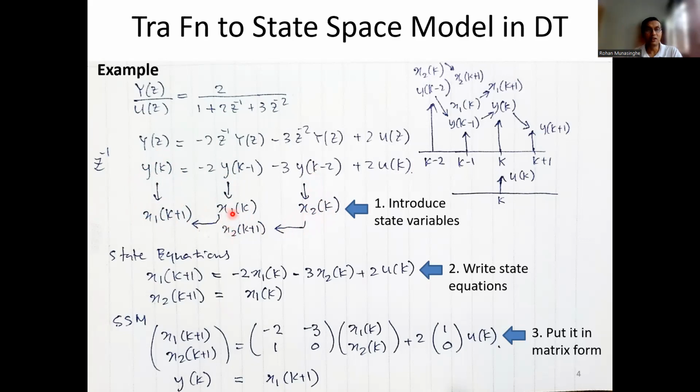So x1 will contain the same value that was there at time k. Can you see that? So x2k plus 1 is equal to x1k, and x1k plus 1 is equal to x0k,